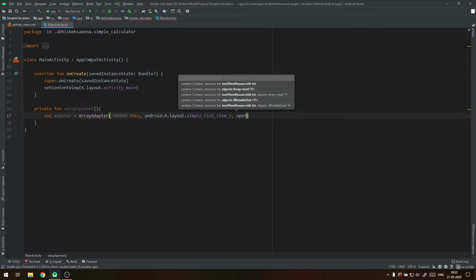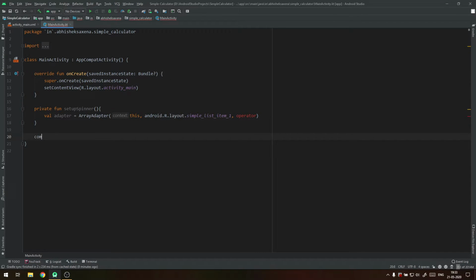It is in red as we have not created a list. I am making constants as there could be typos when creating the list and retrieving the items, and that could lead to errors. So it is a good habit to create constants for the items. To create the constants in Kotlin, create a companion object and define the constants inside it like this. Add constants for addition, subtraction, multiplication, and division.